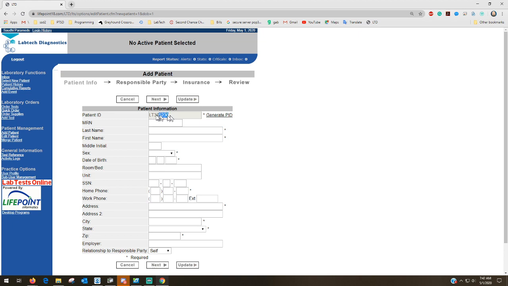This is the PID number. It will automatically generate anytime that you add a new patient. And from there, you can see why I call it an LT number. Almost all of ours start with LT. So it's just after working here this long, it's just an LT number for me. For this, we're just going to put in a test patient,